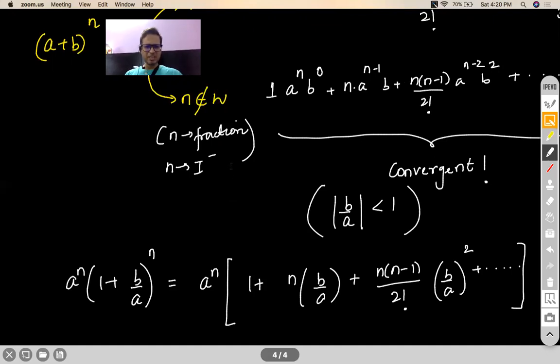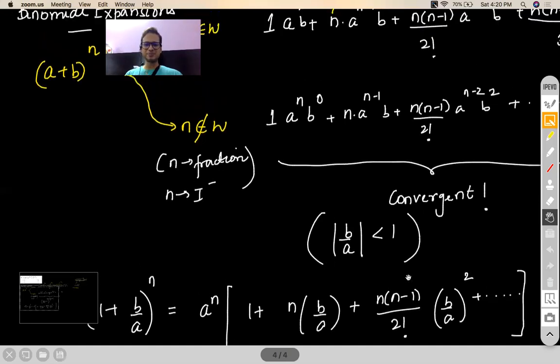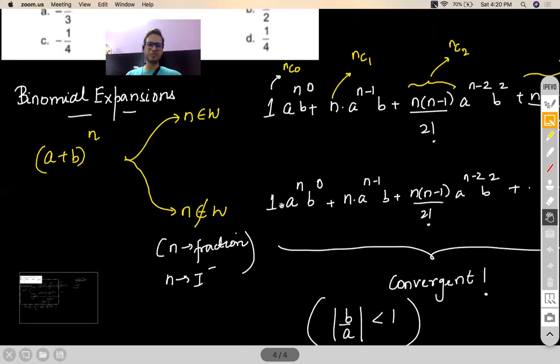Do we need to know the convergent term? No, not required, Vaibhav. You just need to know that the series should be convergent. It's just for your extra information. Nobody is going to test you on that. In fact, the convergence and divergence concept is not there in JEE at all, surprisingly. So now, having noted this down, we are all ready to solve this question.